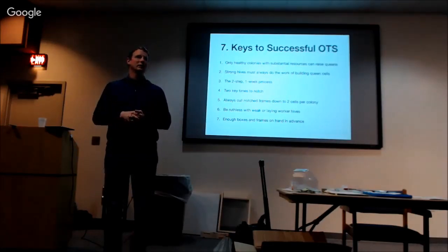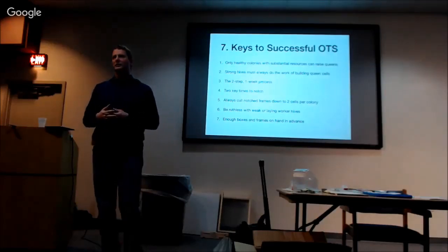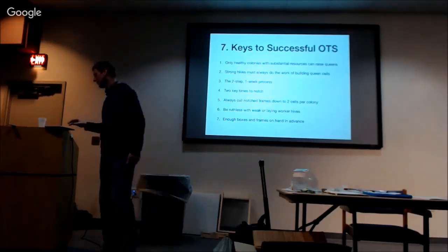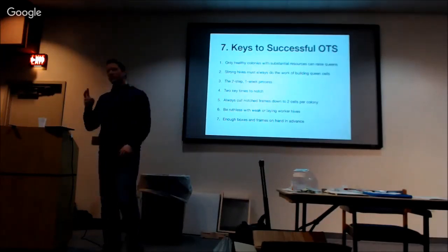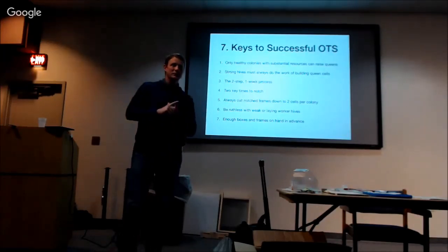You can get into queens fighting each other and getting injured. You just don't want to take that risk. So you want to leave just 1 or 2 cells in that colony. Number 4, for us in Ohio, there's a couple key times to notch right before swarm season, about a week,